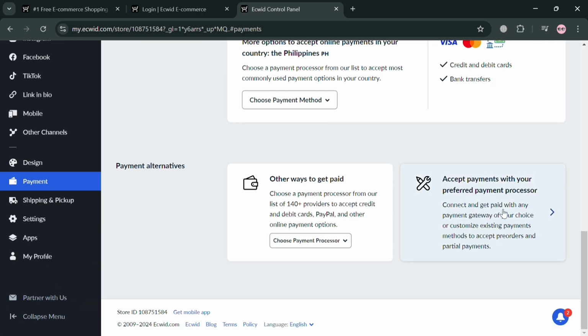So again, to add the credit payments, you could also use these other ways to get paid, in which by clicking the button choose payment processor, you should see here a list of payment alternatives to choose from, and most of them apply the credit payments in this Ecwid store. So as you can see, there are 140 listed providers to accept credit and debit cards, PayPal, and other online payment options. For example, using Stripe,